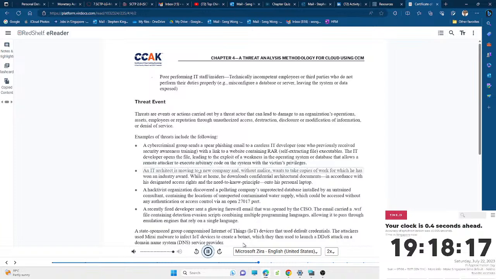An IT architect is moving to a new company and, without malice, wants to take copies of work for which he has won an industry award. While at home, he downloads confidential architectural documents in accordance with his designated access rights and the need-to-know principle onto